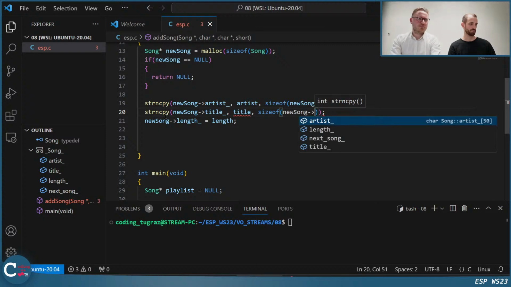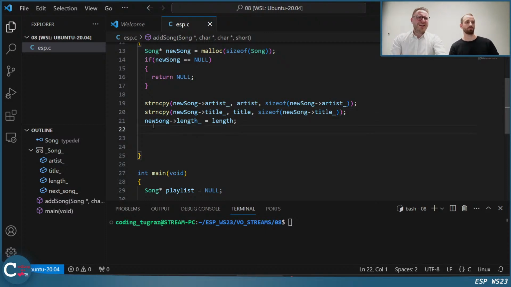The amount of elements to copy. Yeah, exactly. Okay, do we have to do this here as well with the length? Any thoughts on that? There's no red line. There's no red line. I mean, this is a good answer actually.